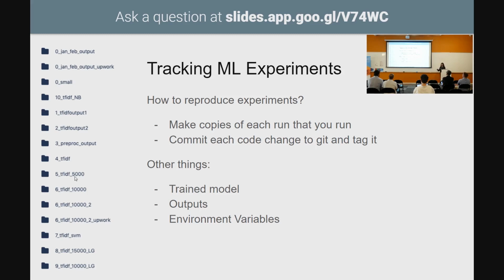Any questions so far? You guys have been awfully quiet. Raja. So I could not understand this. Are we talking about these separate folders for each run? Yeah. This is the ad hoc way in which a lot of people are storing. Yes, yes. And are we fundamentally assuming that tools like Git are not viable for this?